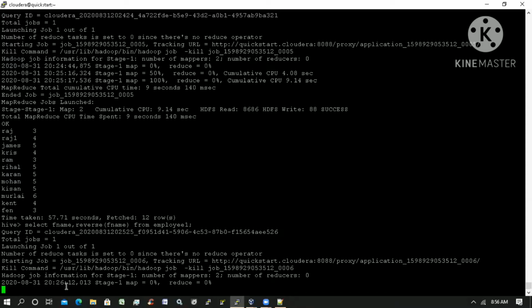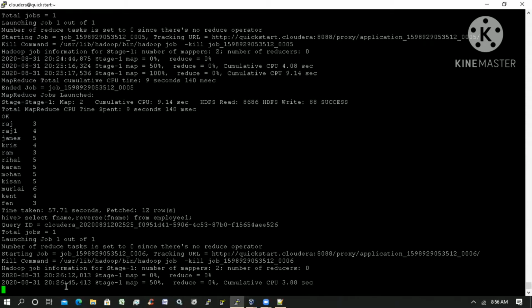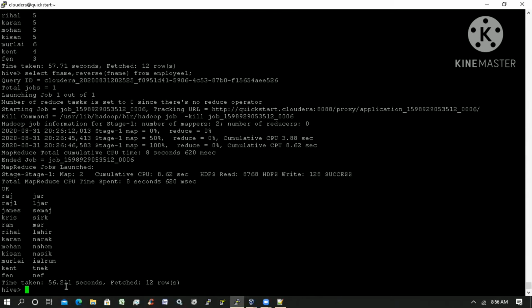Shyam, can you give any real-time example where exactly this reverse is used? Yeah, I will tell you. Here, I have string data. In the string data, I want to fetch only the last 3 digits. I have 10 characters in a string, and I want to fetch only the last 3 digits, or 5 digits. In that case, you can reverse the string. After that, you can take the first to third character.